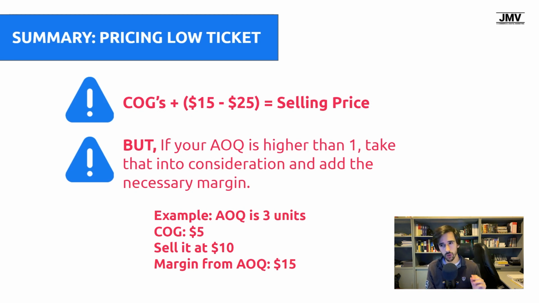I see a lot of people going wrong and failing at low ticket products because they price them too high, because they don't really interpret the minimum threshold in a correct way. And usually with cheap products, bundles and quantity discounts are a very, very big and important factor. So this is definitely something that you should always keep in mind if you're going to test a low ticket